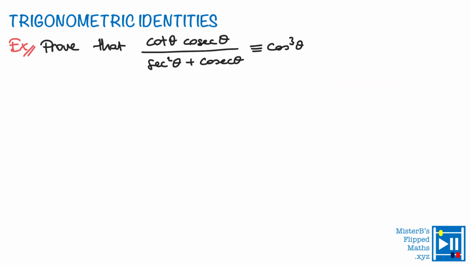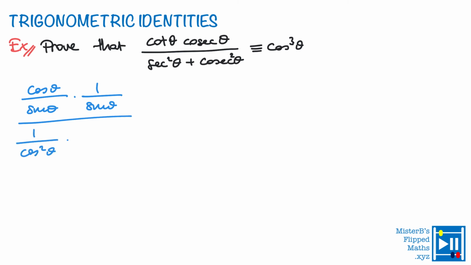One more example. Prove that this expression on the left-hand side is equivalent to cosine cubed theta. Now, let's start writing these by the definition. So it's going to be cosine theta over sine theta for cotangent theta times, for cosecant, I'm going to write 1 over sine theta, and in the denominator it's going to be 1 over cosine squared theta plus 1 over sine squared theta. Now, if I do the multiplication in the numerator, I'm going to end up with cosine theta over sine squared theta,